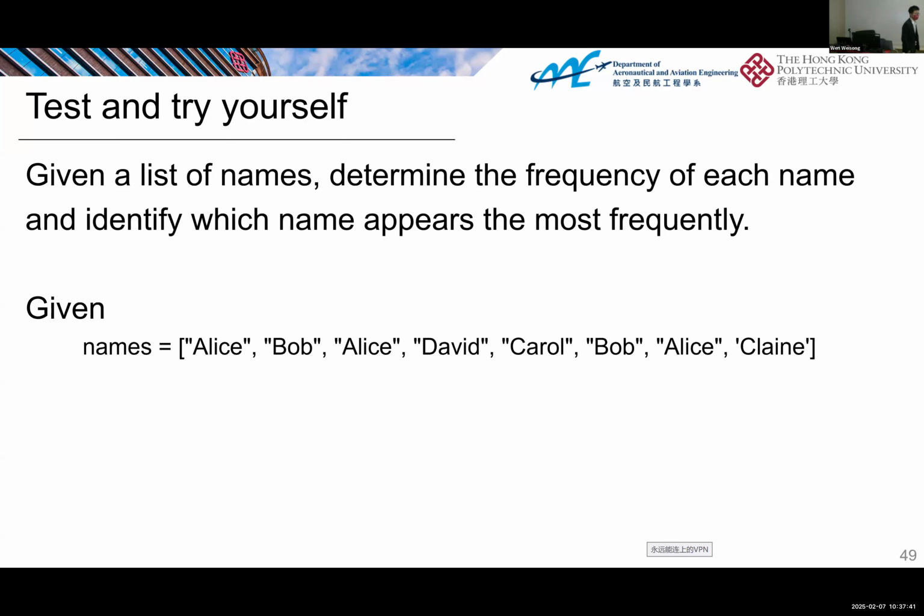For this one, it's slightly more complicated. We try to extend this result from